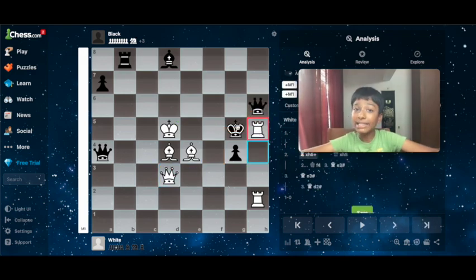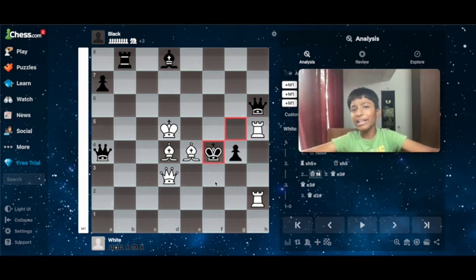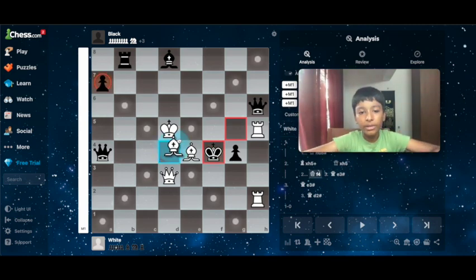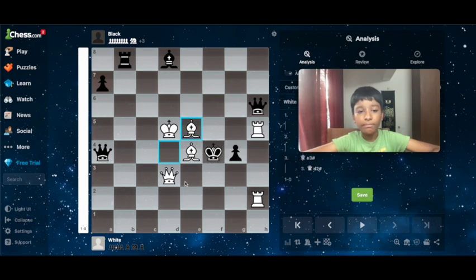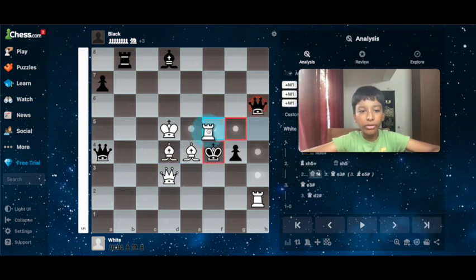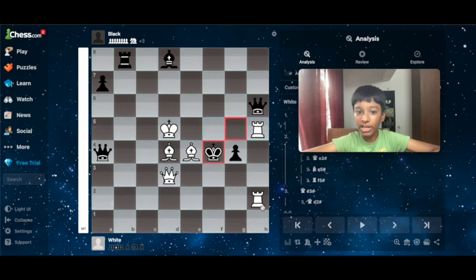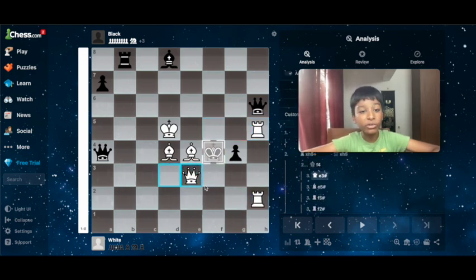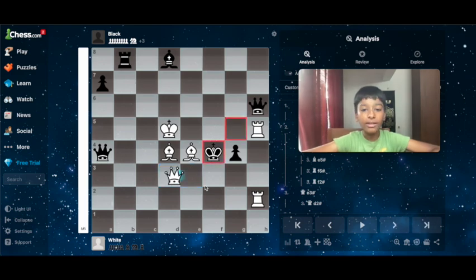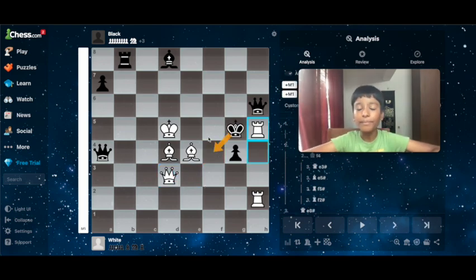And black has another option here. They can just play king to f4, but there are lots of checkmates here. Bishop to e5. This is checkmate. Rook to f5. This is also checkmate. Rook to f2. This is checkmate. Queen to e3. Checkmate again. So yeah, king f4 just leads to 4 different checkmates that you can play depending on which one you like best or which one you see.